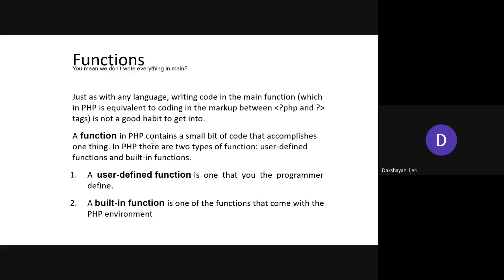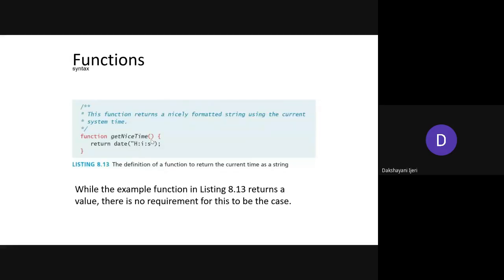Whereas the user-defined function is the one which is written by the programmer or the developer, right? So we'll see the syntax, how the programmer can define his own function in PHP. The keyword required for defining or writing any function is function, all in lowercase letters, correct? It is followed by a space and then the name of the function with parentheses. You can pass parameters if it is going to accept them, or else you can keep empty parentheses. The body of the function needs to be written within the curly braces.